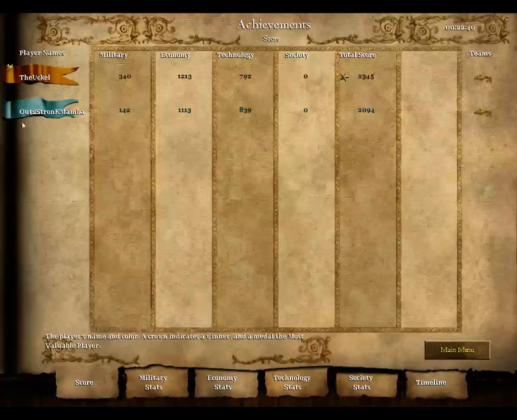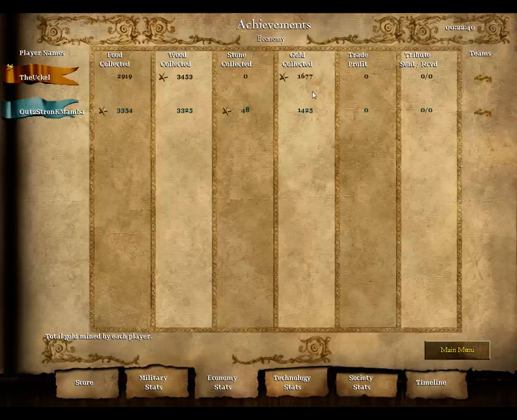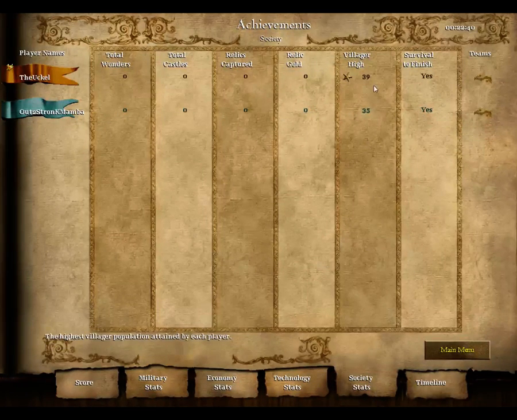Okay, stats. Yeah, military, definitely in TheUckel's favour. Economy was relatively even, especially since no one got to Castle Age, so there was no extra TCs pumping out villagers. Like 400 extra food, 100 extra wood, 200 extra gold. Yeah, it's basically nothing. Villager high though, those 4 fishing ships